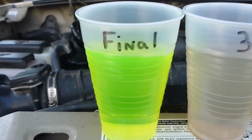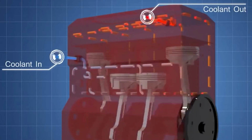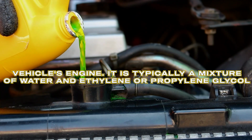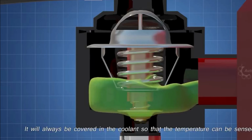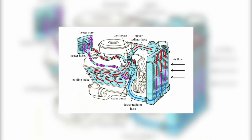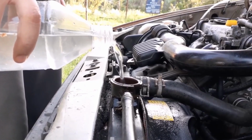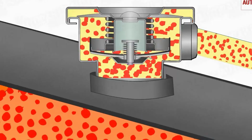Well, coolant, also known as antifreeze, is a liquid substance that plays a critical role in maintaining the optimal temperature of your vehicle's engine. It is typically a mixture of water and ethylene or propylene glycol, with additional additives that enhance its performance. The main function of coolant is to absorb heat generated by the engine and transfer it to the radiator for dissipation. In doing so, it helps prevent the engine from overheating, which can cause serious damage to